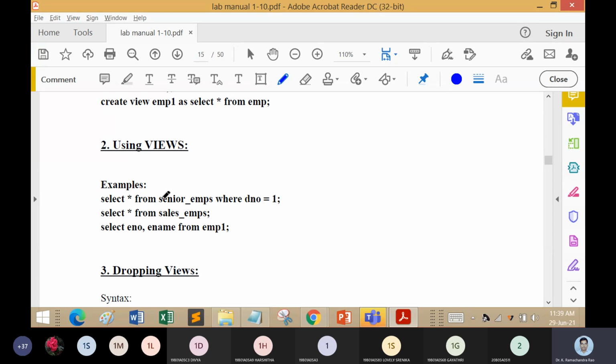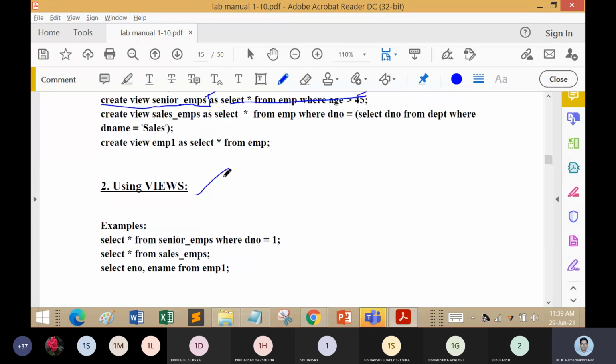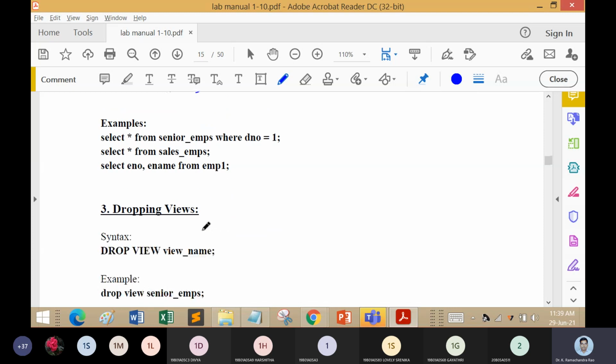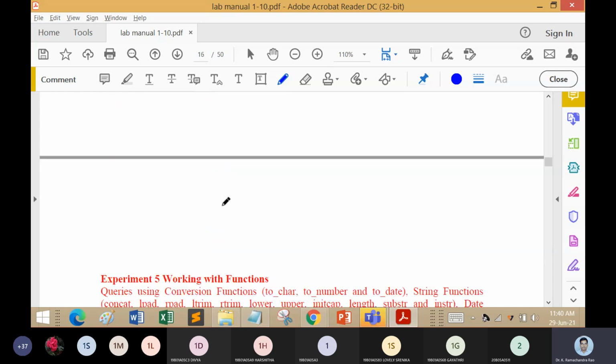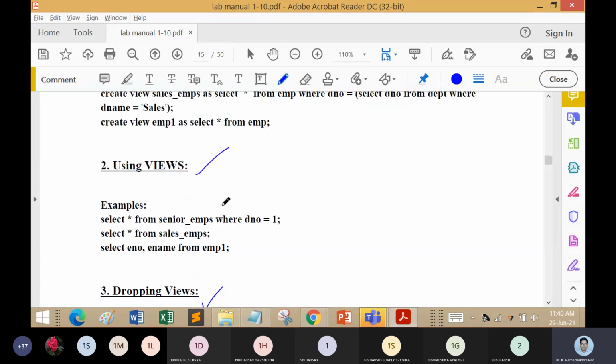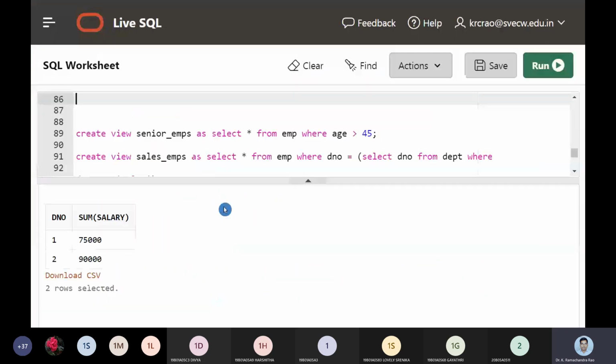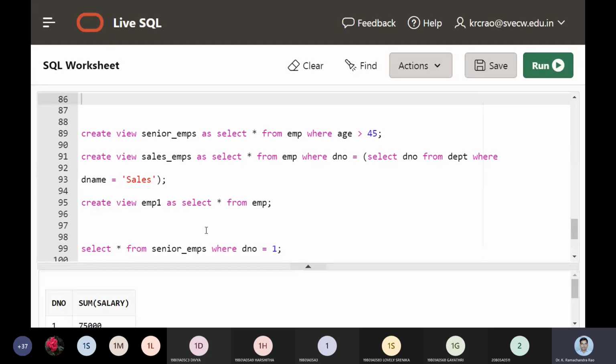So this is the focus of using views. We can use the views as we use the tables. Similarly, we can drop a table. Similarly, we can alter a table. In the same manner, we can drop the views also. Fine. So let us start working on view operations in the table here.